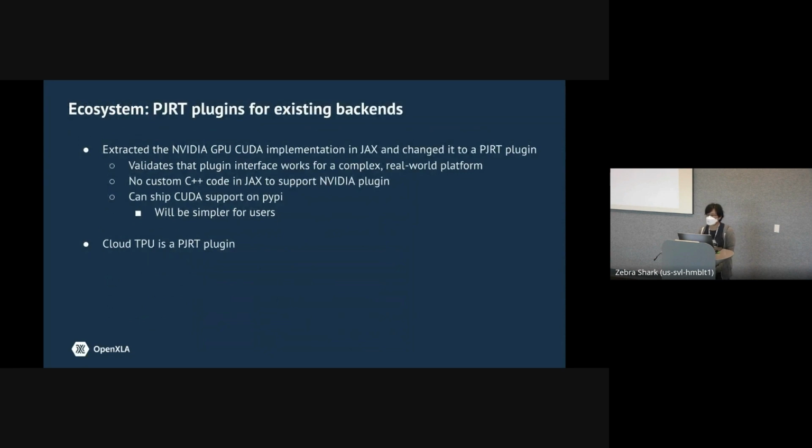Let's first take a look at the PJRT plugins for existing backends. We have extracted the NVIDIA GPU CUDA implementation in JAX and changed it into a PJRT plugin. This is dogfooding that shows PJRT works. And the NVIDIA GPU backend is quite complex. So by turning it into a plugin, we hope to get ahead of any issues that you may encounter when implementing your own plugins. Some features like DLPack were recently added to support the GPU use case, as well as